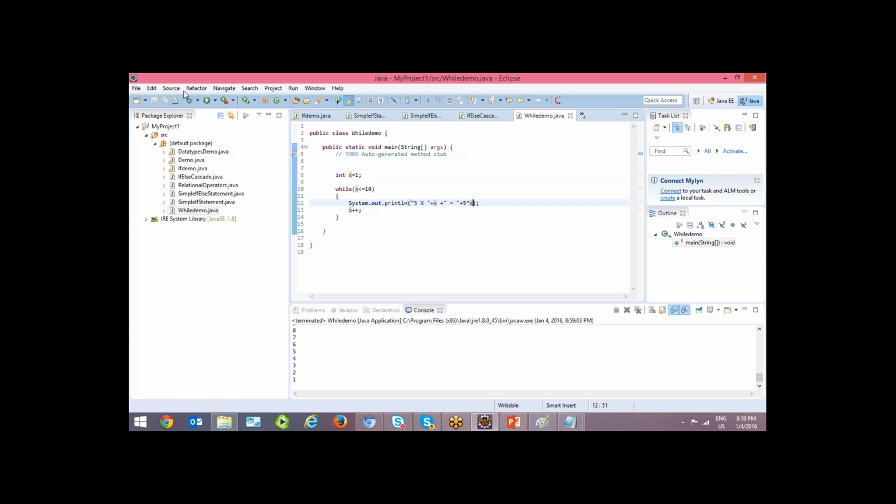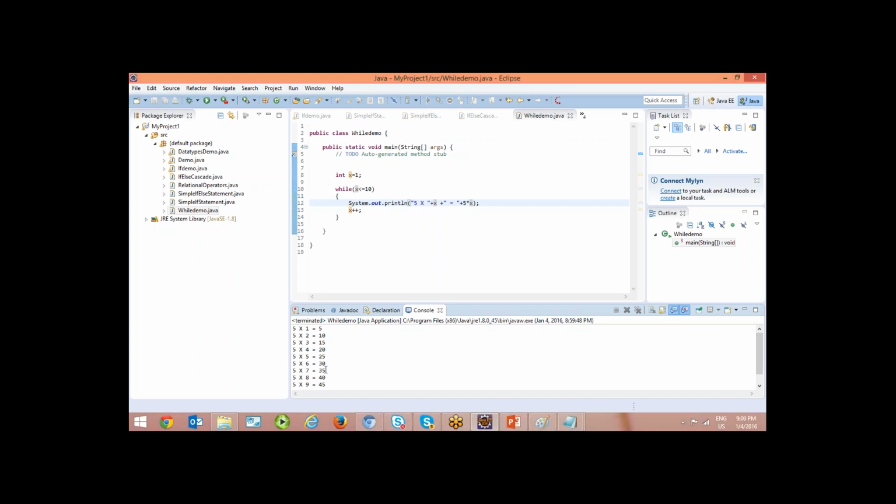It just prints me the mathematical table. Here x is a number which is going to change with the while loop. 5 is always fixed. 5 into x will be the product. This is called iterative statements, repetitive statements.